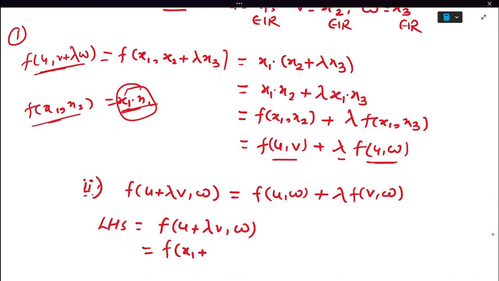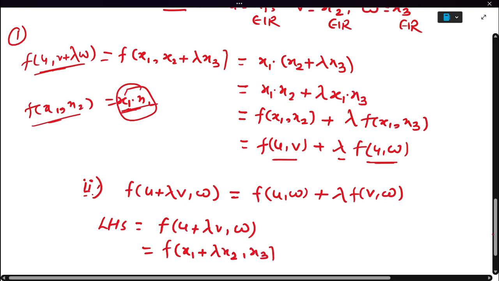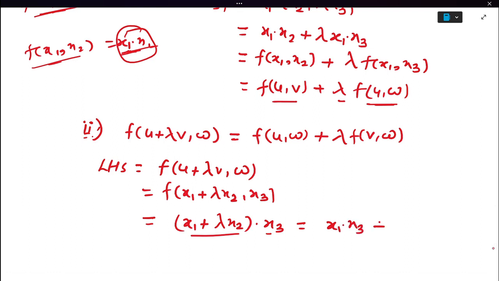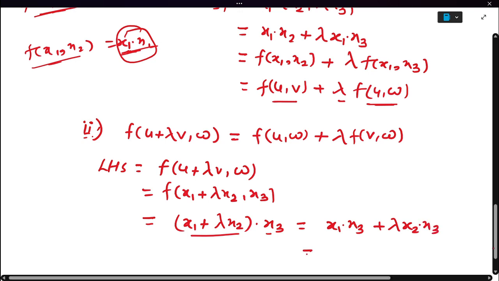So we have (x1 plus lambda x2, x3). Now, by the definition of the function, it will be x1 plus lambda x2 into x3. And since this is a real number and this is a real number, we can have x1 into x3 plus lambda x2 into x3,